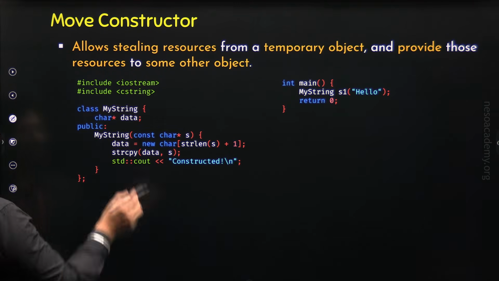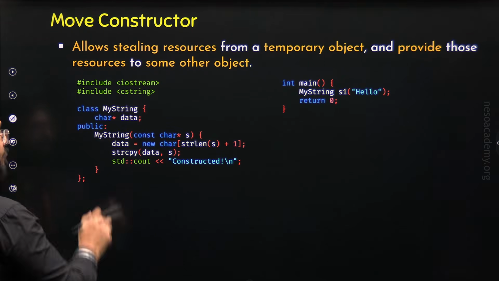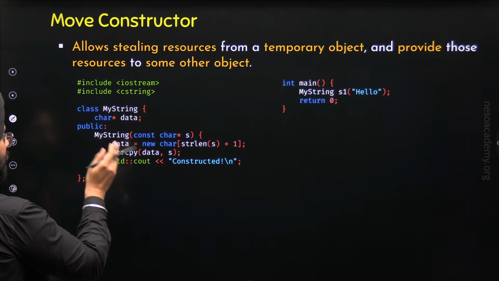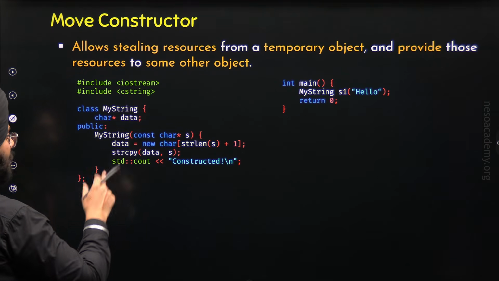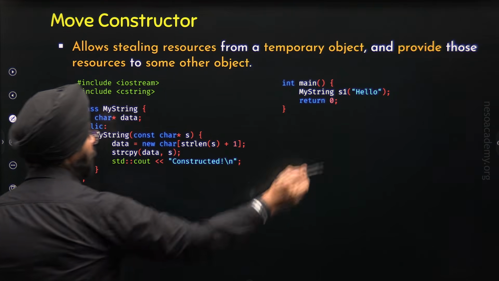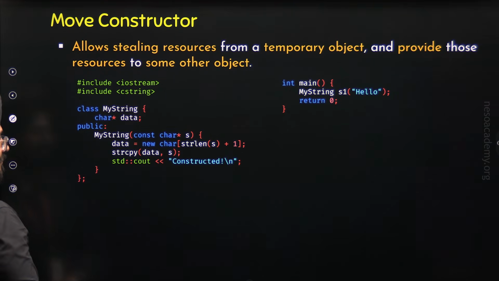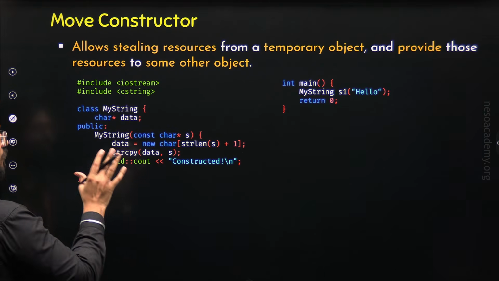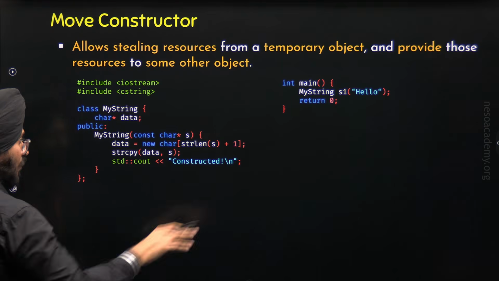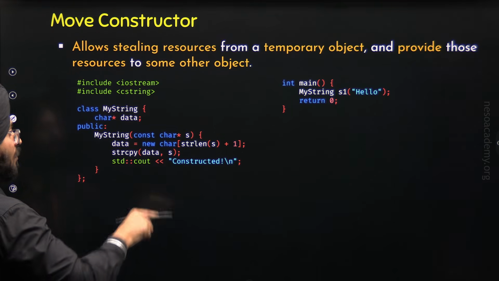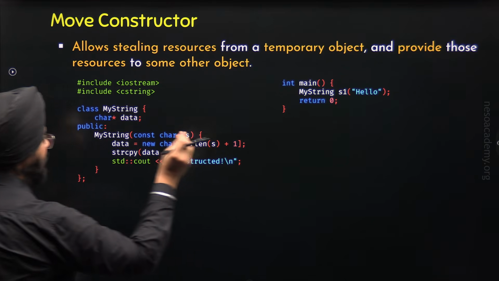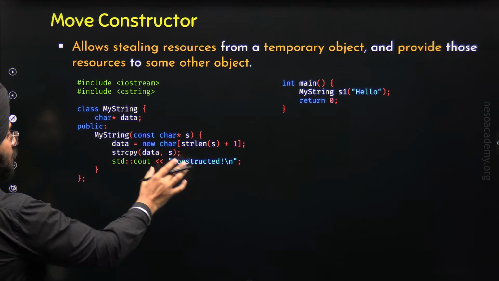Now after this, through strcpy, I am copying this string to the array. And then with the help of std::cout, I am trying to display "constructed" on the screen to show that the s1 object has been constructed. So we know after execution of this code, we will get a new array with 6 blocks where each block can hold a character. Eventually that array will hold this string along with the null character, and "constructed" will be